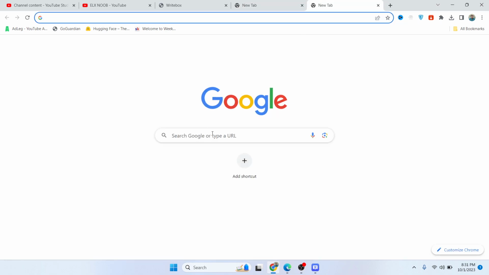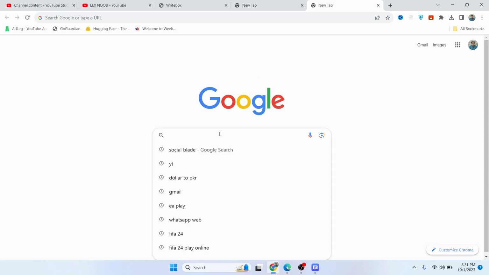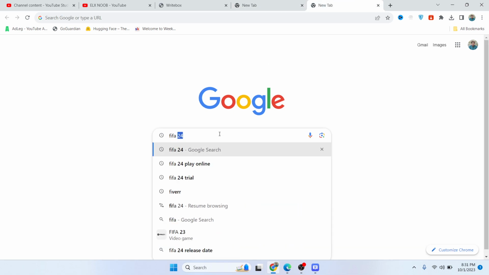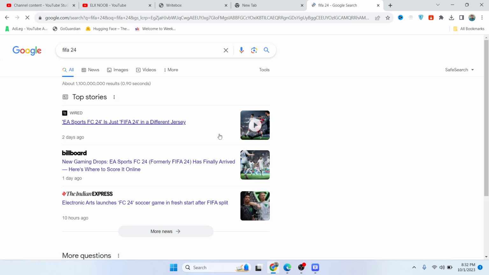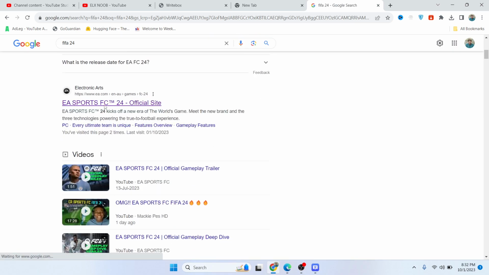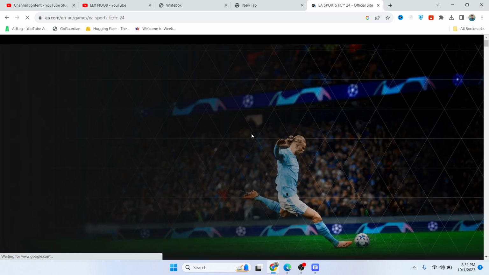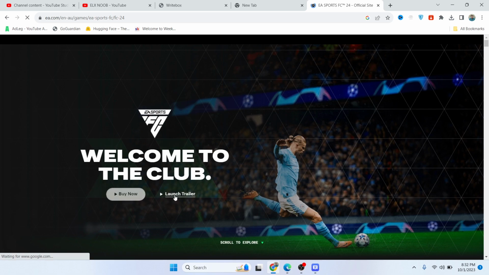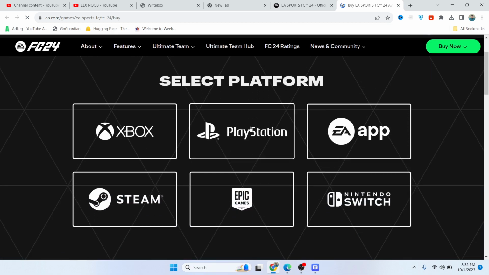So the first step you simply need to do is to search on Google FIFA 24 and hit enter. And you need to click on this EA Sports. So once you open, you can see different options here, that is buy now, launch trial. So you simply need to click on buy now and wait for a few seconds, and here you can see